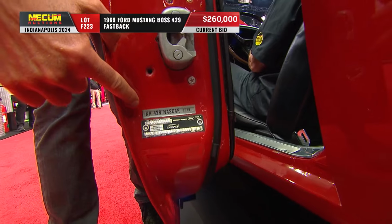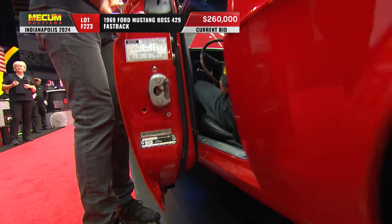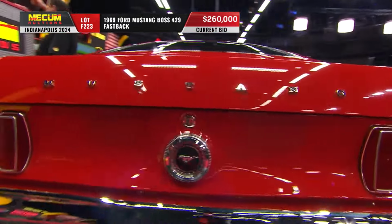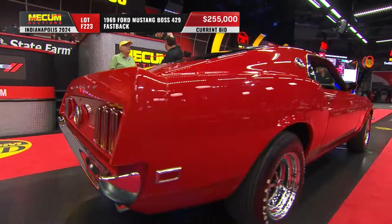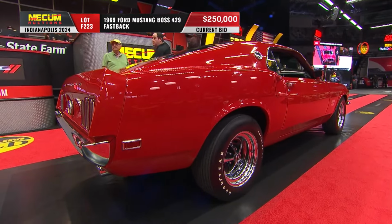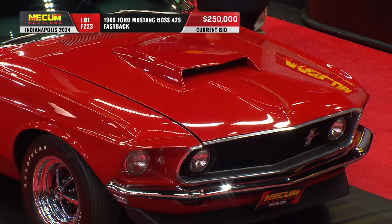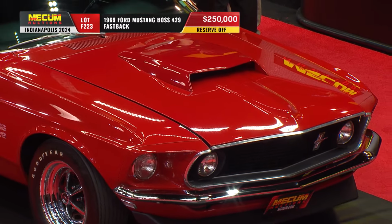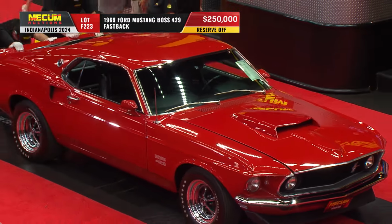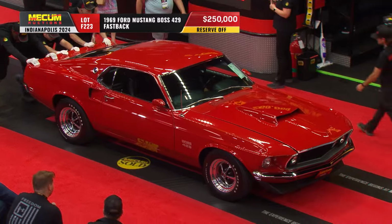And that's what you're looking for right there. KK Carcraft 429 on the inside of the driver's door. That's what makes it authentic. KK for Carcraft, the outboard company that Ford Motor Company contracted with to make pretty extensive modifications to accommodate that big, exotic 429. Probably saw the best success in NASCAR, but not in the Mustang body style, but in the midsize, the